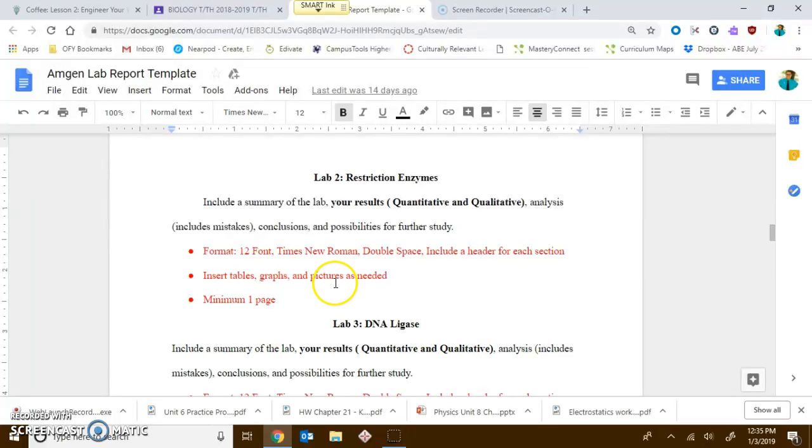Okay? Here you're going to include a summary of the lab, your results, both quantitative and qualitative, the analysis, which includes mistakes maybe that you've discovered that you made, conclusions, and possibilities for further study. Okay, again in red, this is how you do it. 12 font, Times New Roman, double space, include a header for each section, insert tables, graphs, and pictures as needed. Not every section will need that,